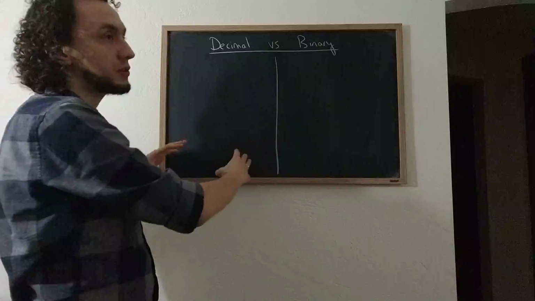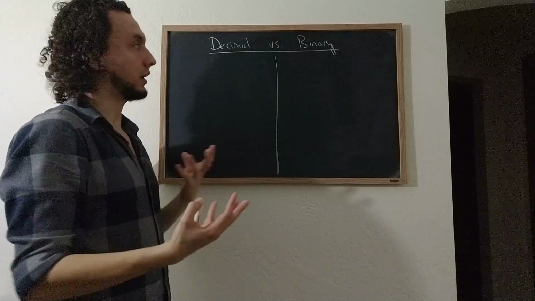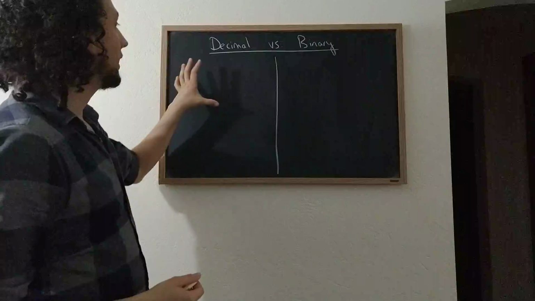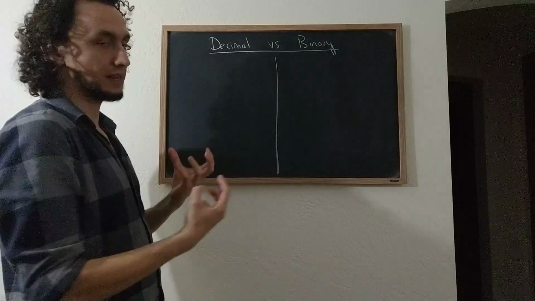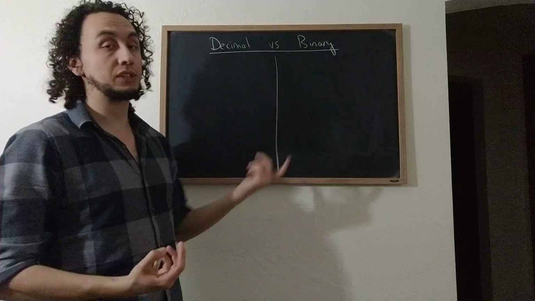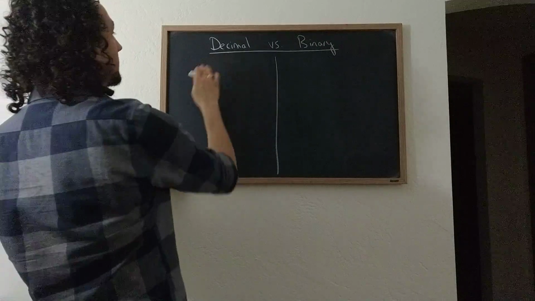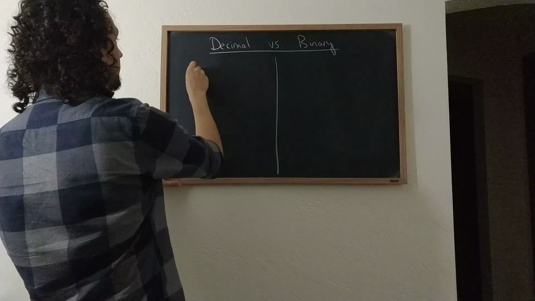How does decimal notation work? It's the one that we use regularly and that we're all sort of tacitly familiar with. And once we understand the ins and outs of how it works, we really just have to change one thing to get at the binary system. So in the decimal system, I can write down a number like